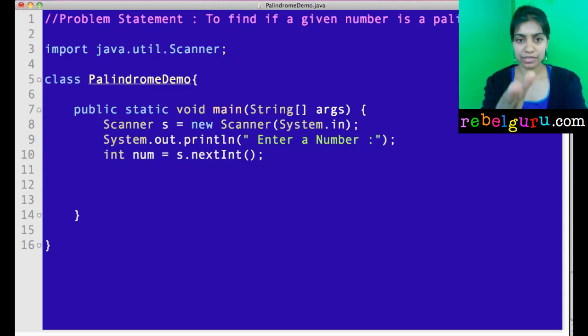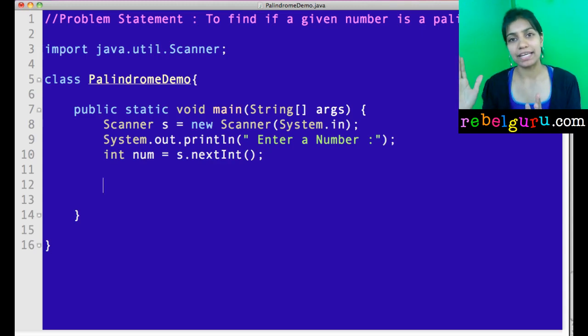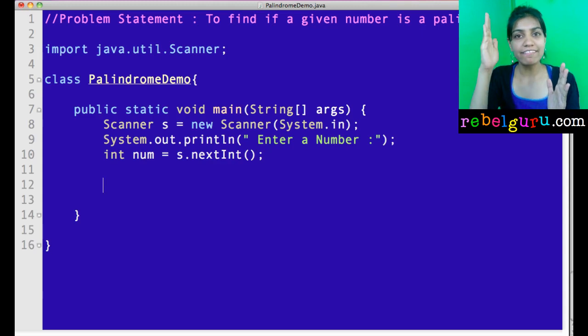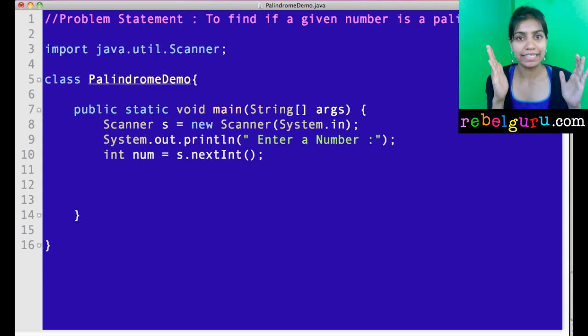If the user has entered a number, it's stored in num, and you want only the last digit of that number, how do you get it? You get the last digit by the modulo operator. Whenever you do modulo 10 on any number, you get the digit in the last place, because modulo 10 divides the number by 10 and sees what the remainder is. For example, if you have the number 431 and divide it by 10, the remainder you are going to get is 1, which is always the digit in the last place. Alright, so fairly simple trick.